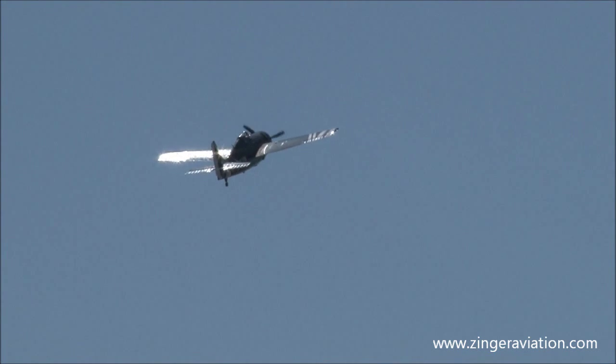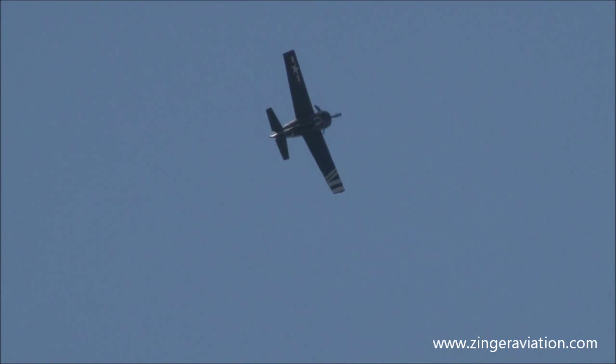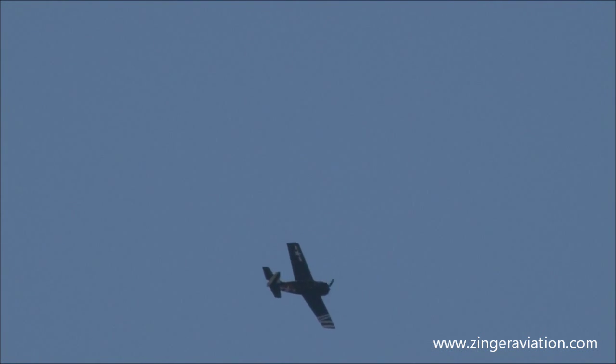Insignia there indicating that that particular aircraft would have seen action back in 1943. You can see the red ring around it. One of the fine designators on this particular airplane. And a little local knowledge for the aviators out here that perhaps are trying to get a picture of this particular